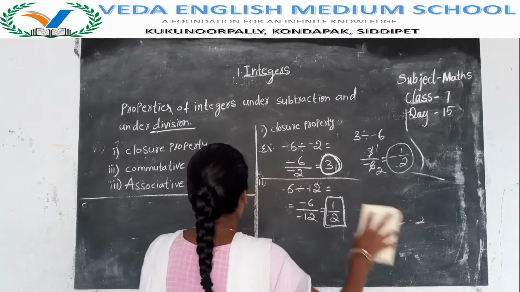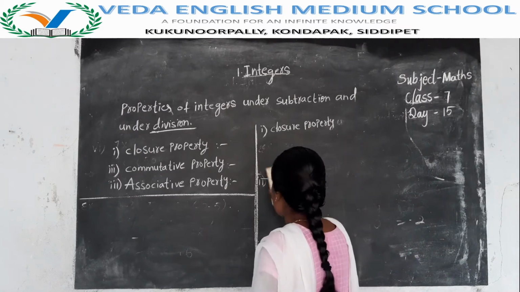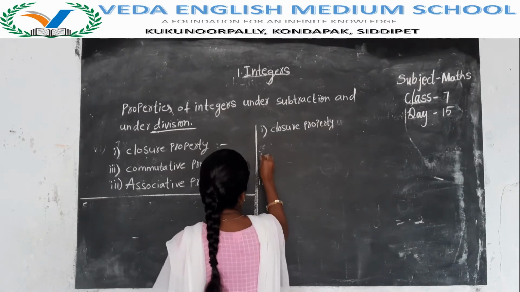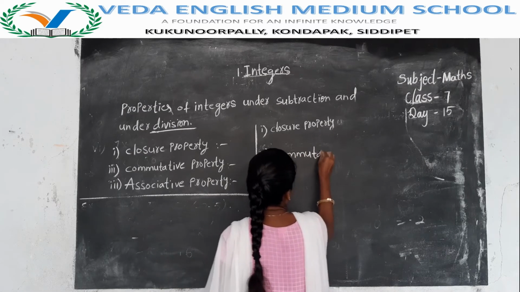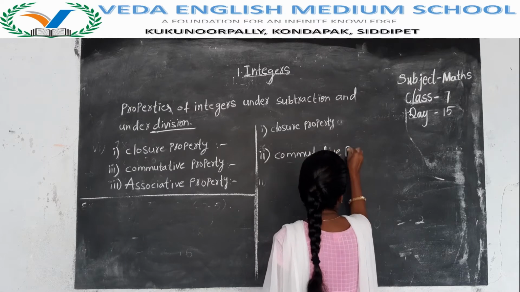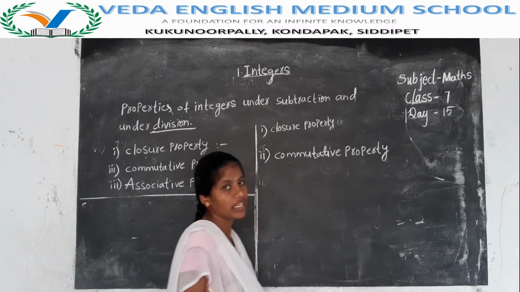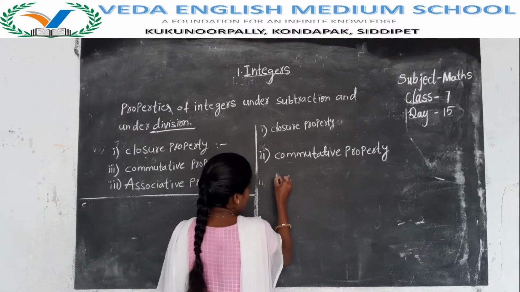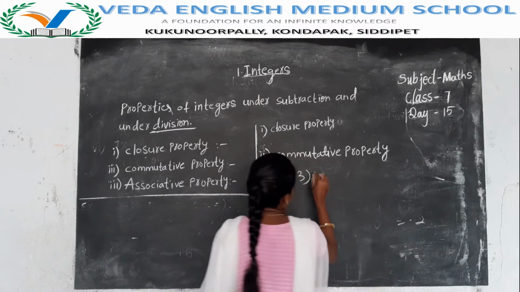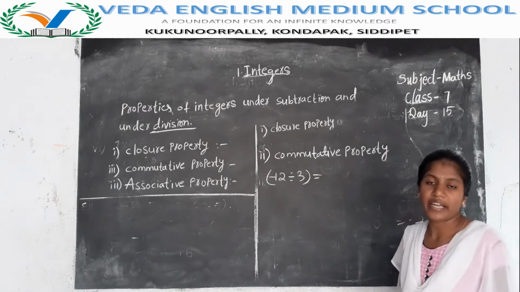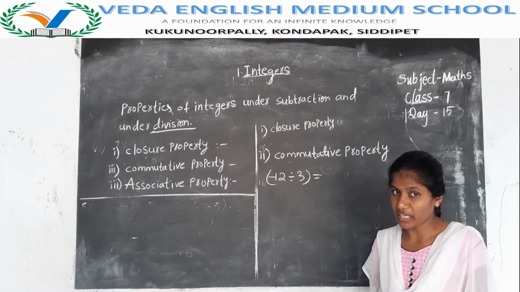Then second one, commutative property. Commutative property under division. Then take any two numbers. Here I am taking minus 12 divided by 3. Now same as closure property, commutative property under addition, commutative property under multiplication, commutative property under subtraction, last one,